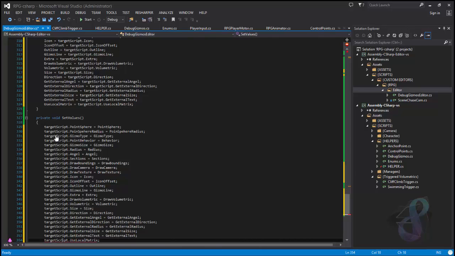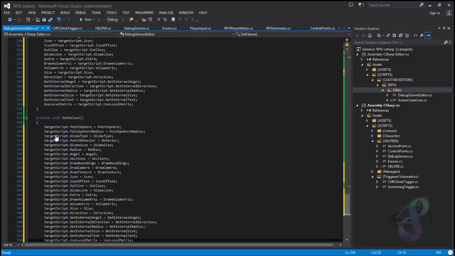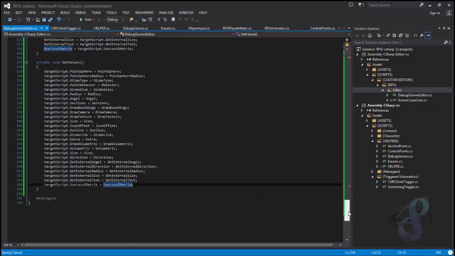And finally, use local matrix equals use local matrix. And by this, we finished